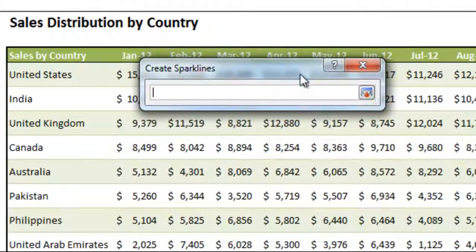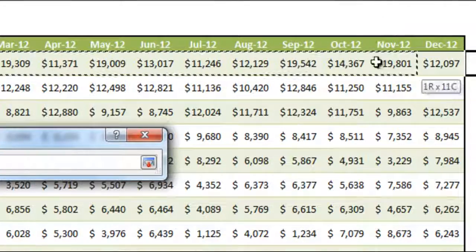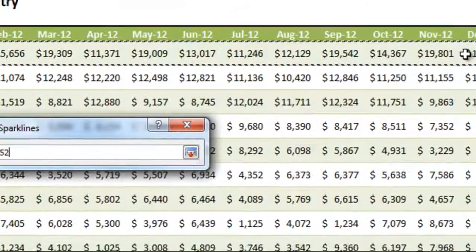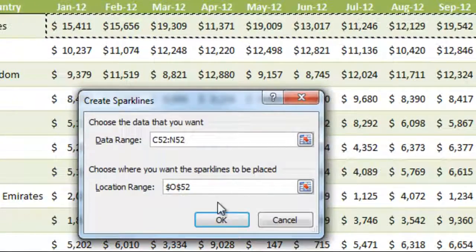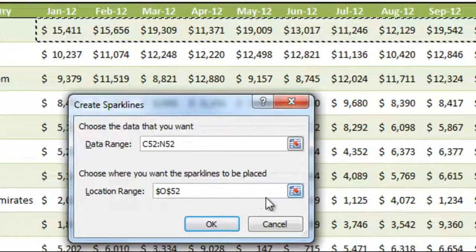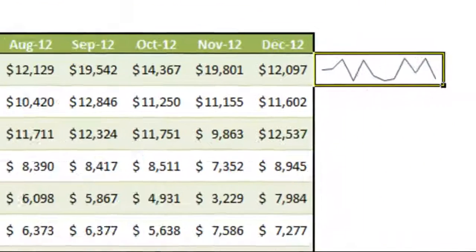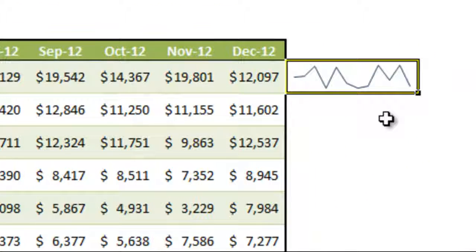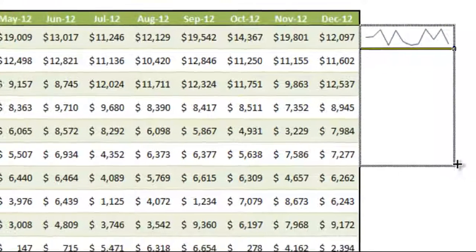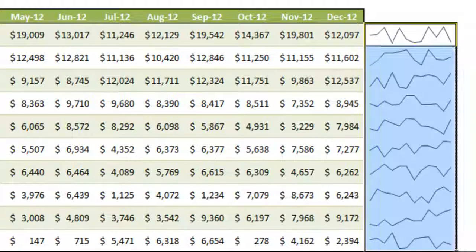So I will select United States, January to December, hit Enter, and location range is already selected as O52. So I hit OK, and you'll see that within that cell it gives me a line chart of the United States sales by month. If you copy this down by using the fill handle, you'll see that it automatically creates